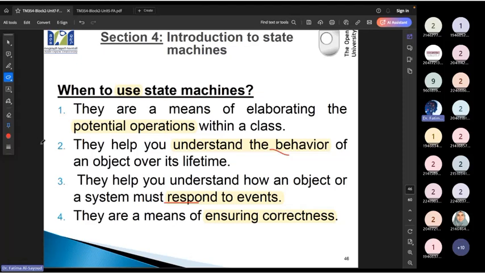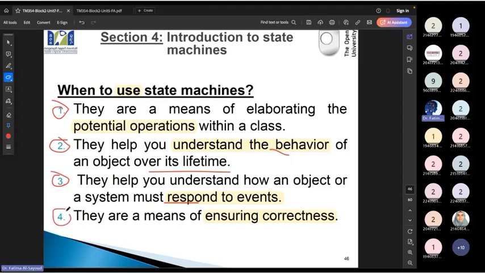So it's going to give us the operations. It is going to show us the behavior, the behavior of the lifetime of this object, كيف جالسة تتغير. It is going to show us the response to events, كيف جالس يتفاعل مع أي حدث يصير when you have check in, check out, whatever.